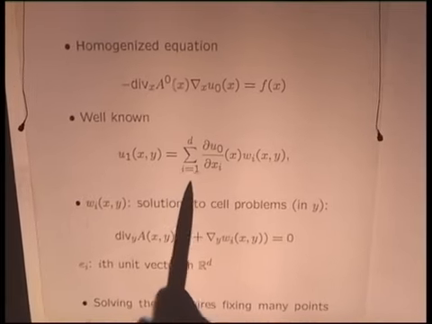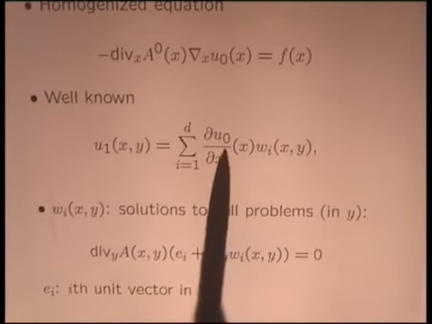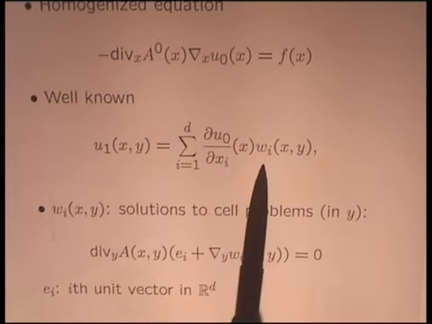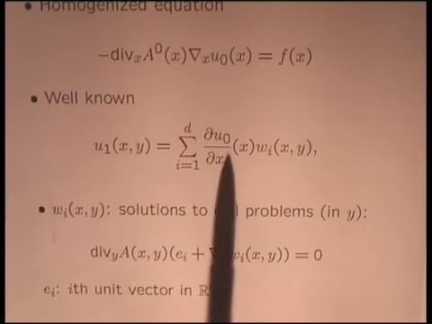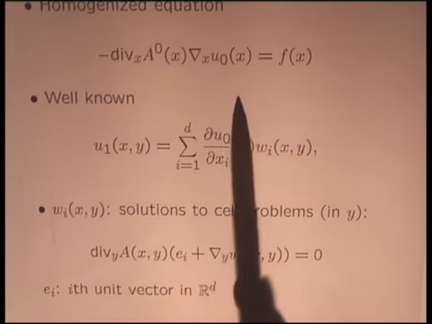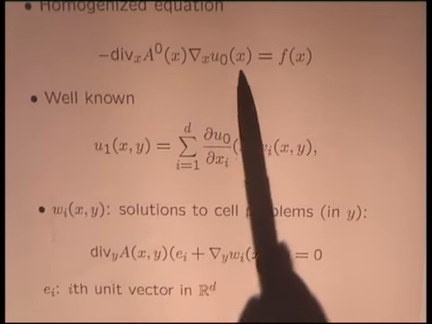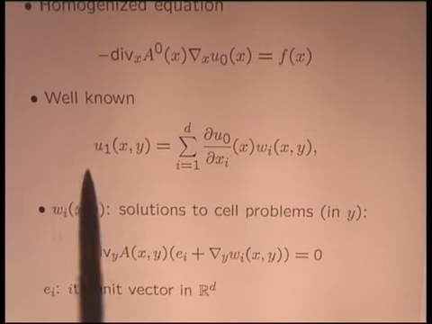It is the sum, with i going from 1 to d, of the derivative of u0 by dx_i times w_i(x, y), where w_i(x, y) satisfy an equation for y inside the cube Y. So if you solve this, we find w_i, and then we solve this, we find u0,